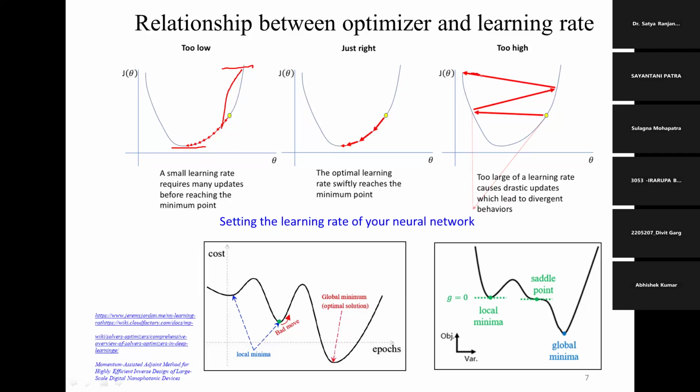Oscillate means you imagine you are at the top of the mountain and you need to go to the bottom. If you run at a very high speed, there is a chance that you pass the bottom and end up somewhere else. When we are running at a very fast speed, sometimes we miss our destination, sometimes go ahead of our destination. That is always a problem. So your learning rate should not be too low or too high. Always take a just-right learning rate.